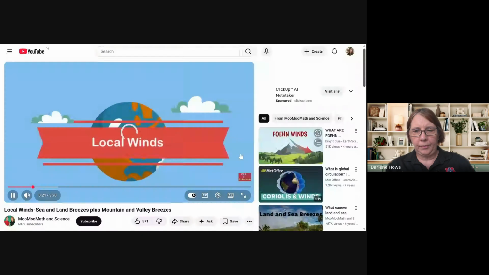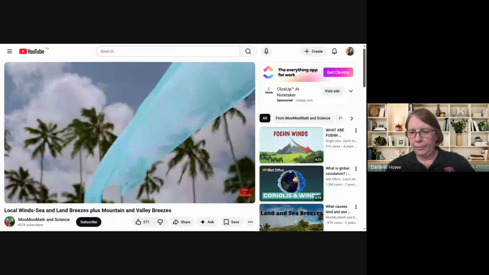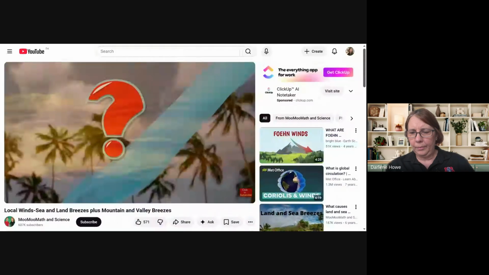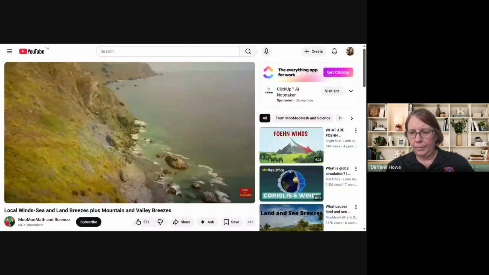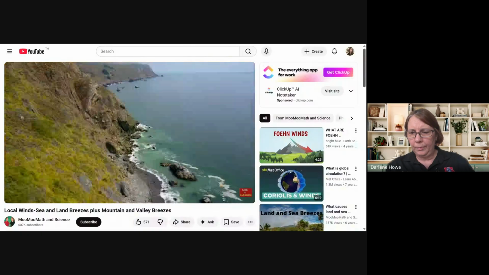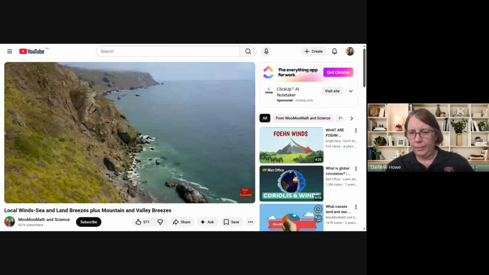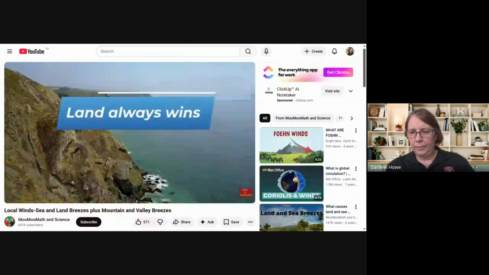And local winds. And sea breezes are considered local winds because they only travel a short distance. But what causes them? Like other winds, these local winds are a result of unequal heating of our atmosphere. Land and water warm up and cool off at different rates. This statement will help you understand land and sea breezes. It is, land always wins. What this means is that land